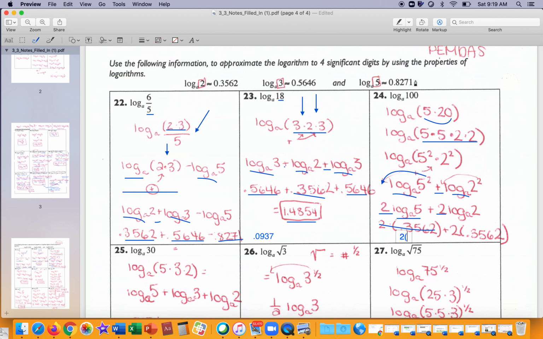So log base A of 5 is 0.8271. 0.8271 plus 2 times log base A of 2, which is 0.3562. And when we do that, let me use my calculator. So we get 2 times 0.8271 equals